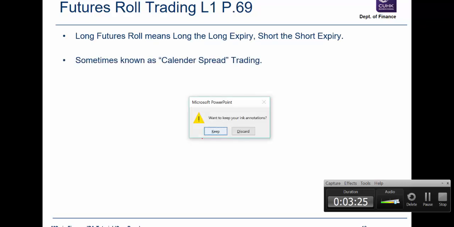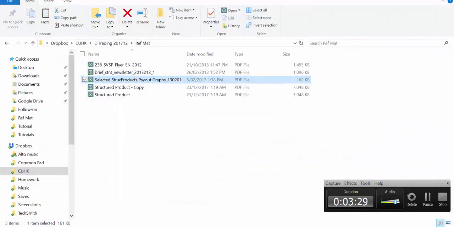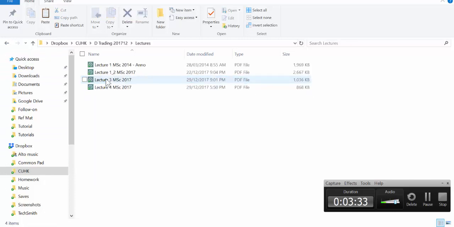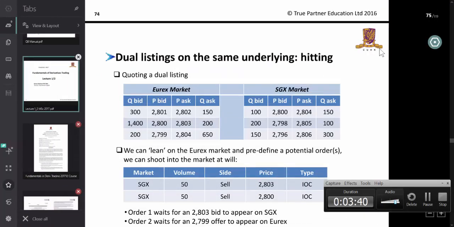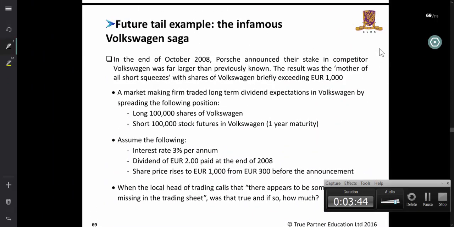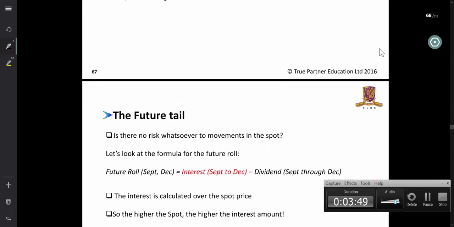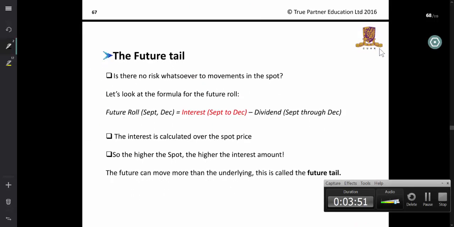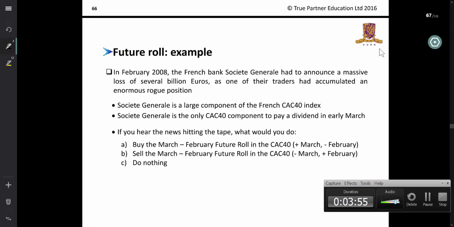So I'll show you where that is. Lecture one, page 69. It's just a few pages before. Oh, it's not. Here I think the futures roll, page 68. Okay. So there was this case